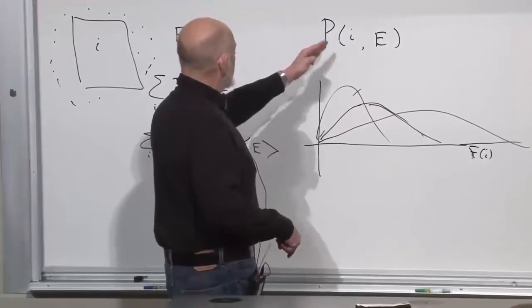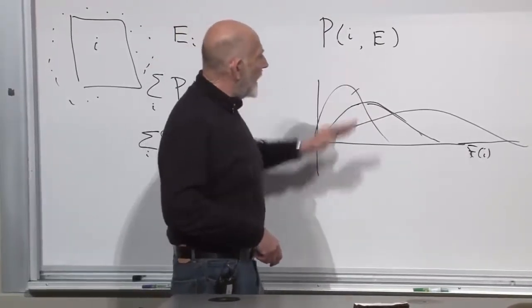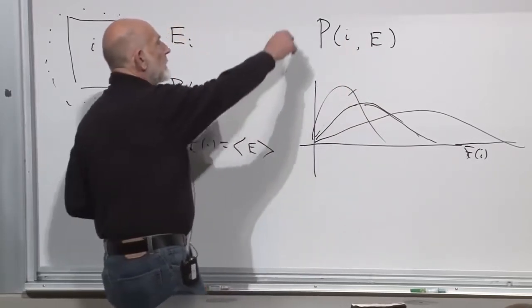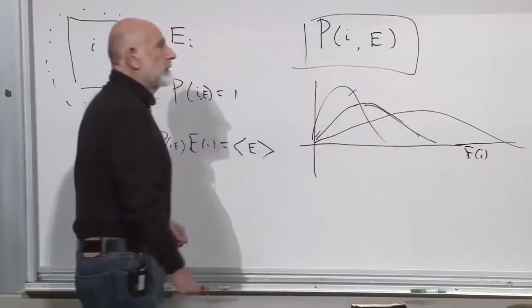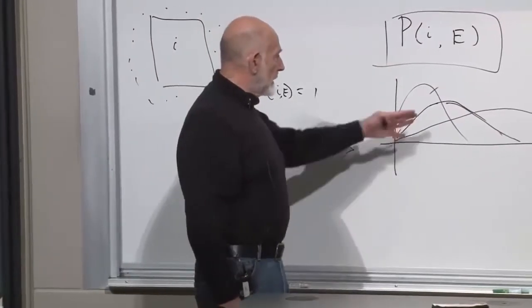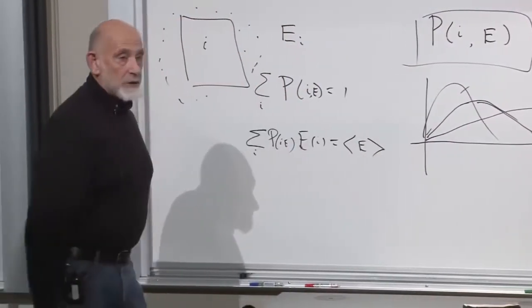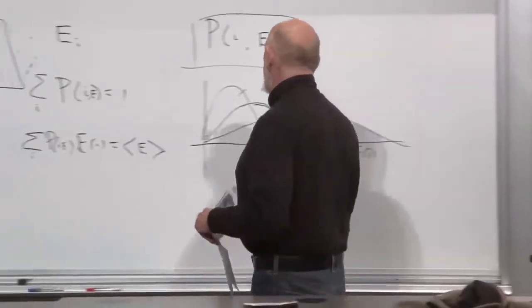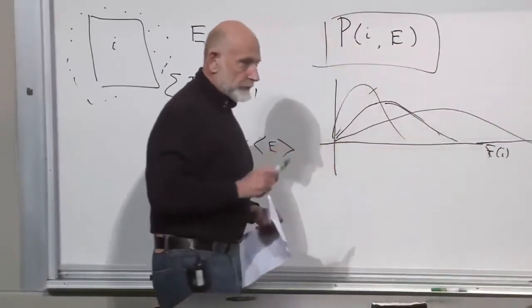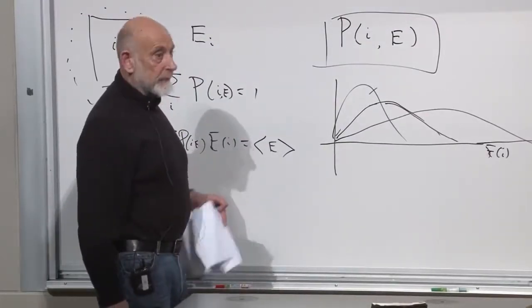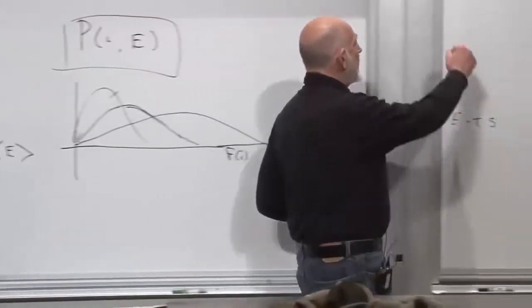We have a notion of what we mean by P of I, and P of I for different values of the average energy. The nature of this will become clear, not tonight. We don't have enough time tonight to work out the Boltzmann distribution, but we do have enough time to define the concept of temperature. So consider the following. One more thing. Each one of these probability distributions, for each value of E, has its own entropy. Let's write it out. The entropy S